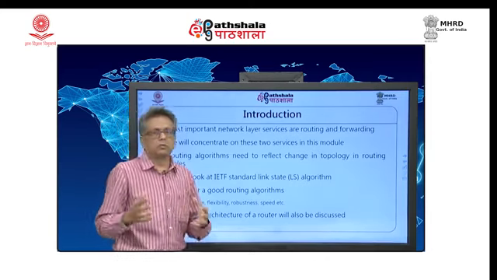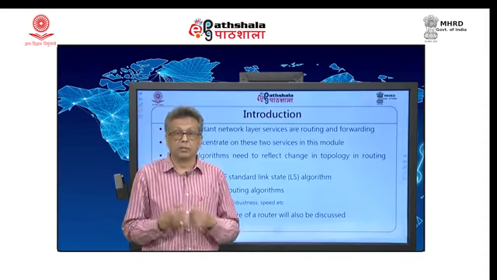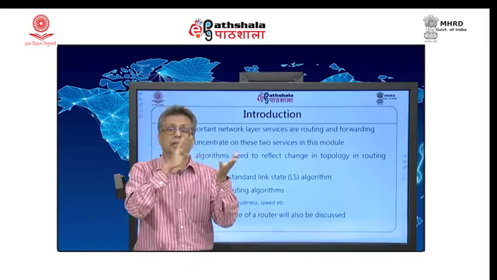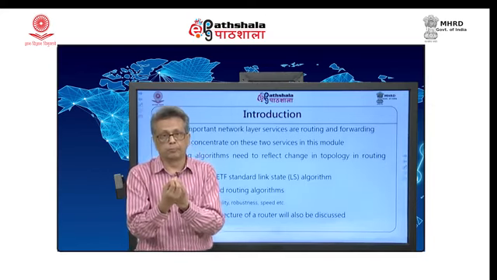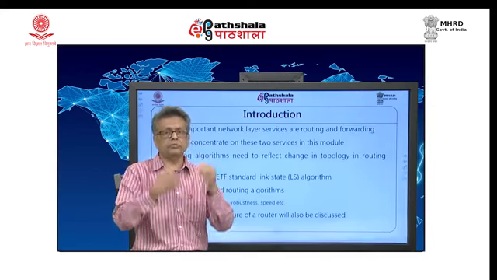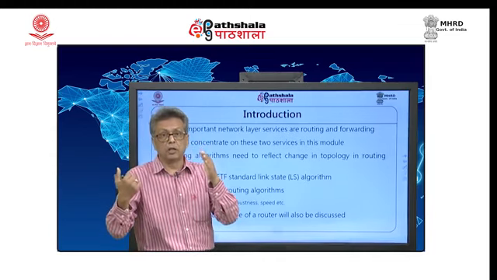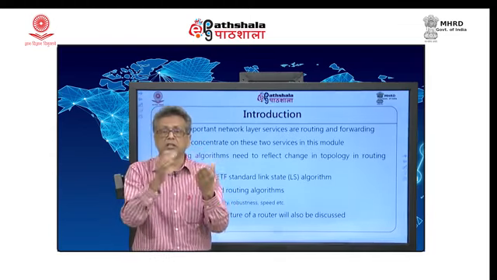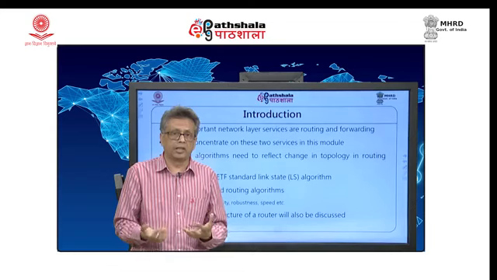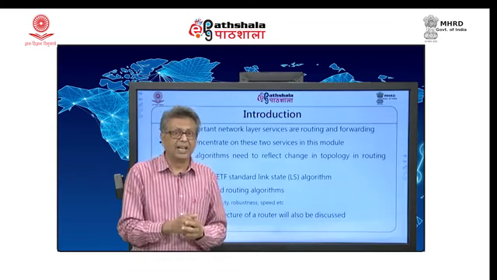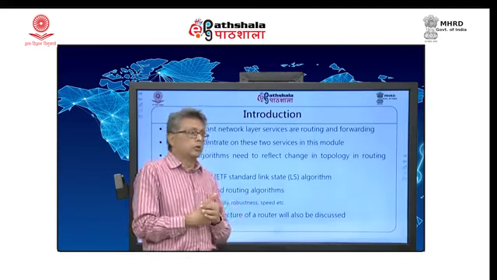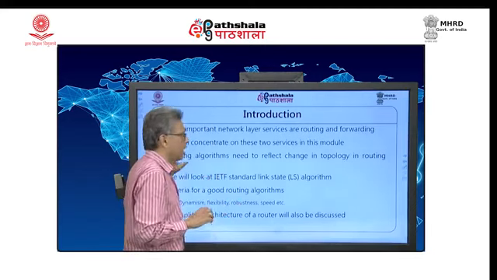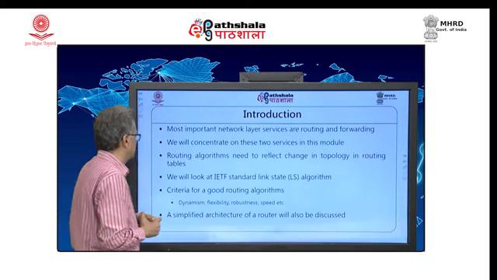Routing algorithms need to reflect the topology change. Remember, if the node B was working earlier and then B was not working, the topology changes. The line from B to receiver was working in one instance, in the other instance it was not working. That is to be reflected in the routing algorithm, and then the packet will be routed in the right fashion. So, that is to be reflected, and how that is done we will talk about that as well.